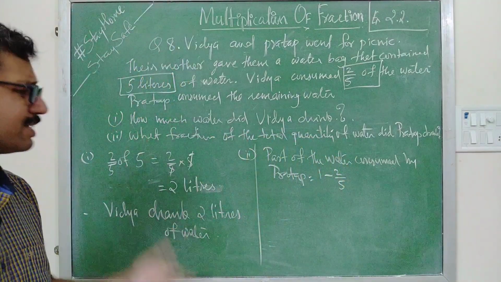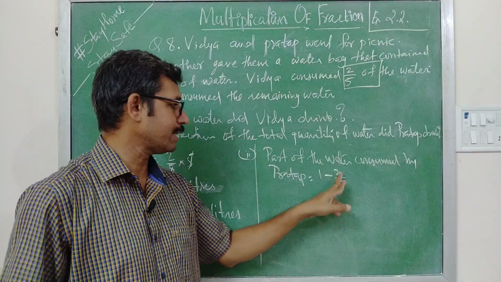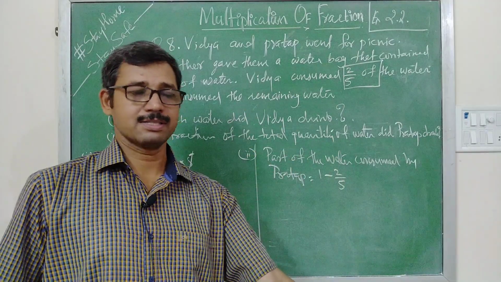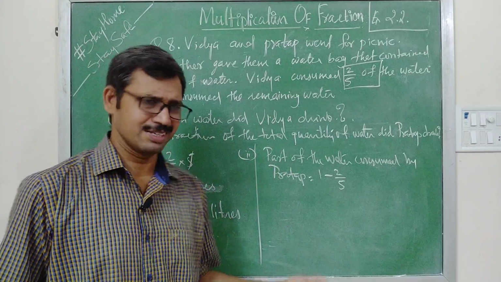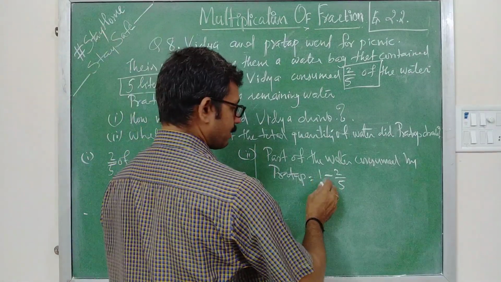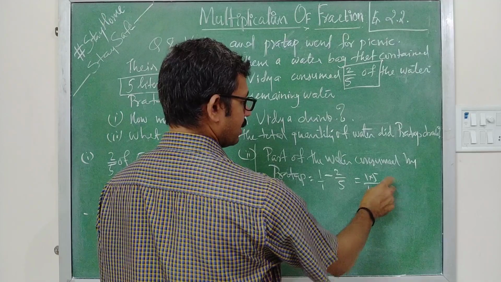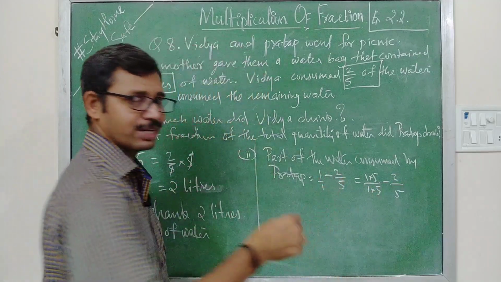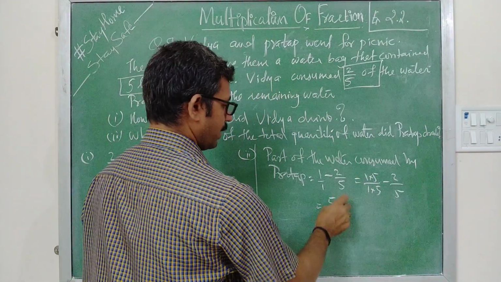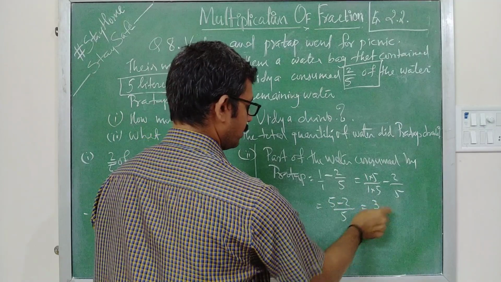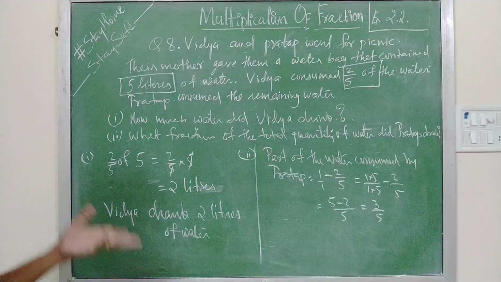Actually, it is very easy to understand also. Now look, the total is 5 equal parts, of which 2 parts were drunk by our Vidya. So how many parts remaining? 3 parts remaining. So 3/5. It is easy to understand also. So here we can cross multiply, make a common denominator, that is what we studied there. That is, we have to make a common denominator for 1 minus 2/5. Otherwise cross multiply you can do. Once you understand it, you can do it. That is 5 minus 2 upon the common denominator, that is 3/5. Understand? So what the answer? Final answer is 3/5.